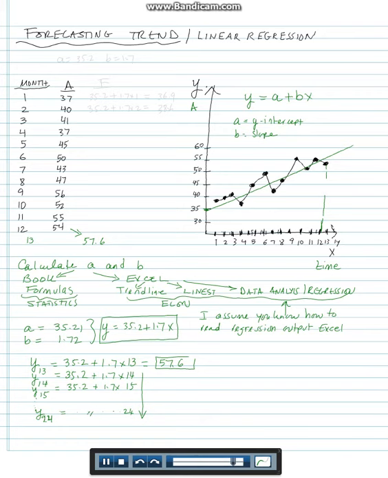Now the rest of it is exactly the same as the previous example. So I can come here and start calculating forecasts from as early as period 1. I can put a is 35.2 and b is 1.7, and either I'm doing this in Excel or by hand. For period 1, the forecast will be 35.2 plus 1.7 times 1. The answer would be 36.9. That's the forecast for period 1. 35.2 plus 1.7 times 2, that would be